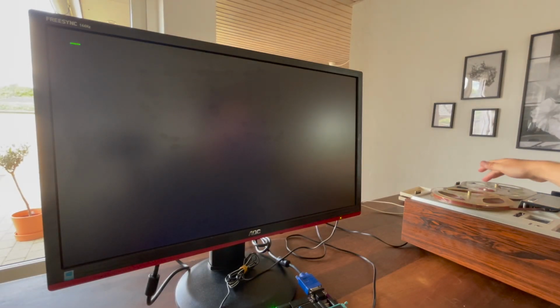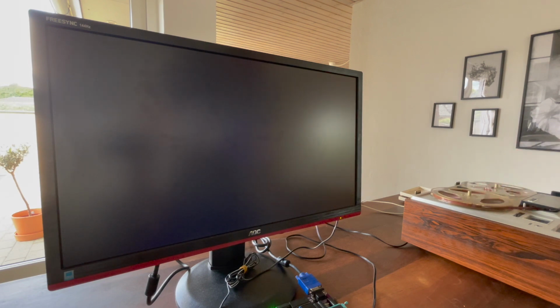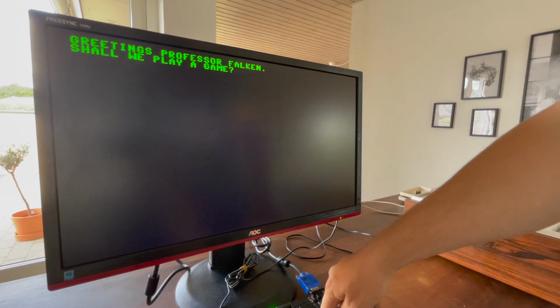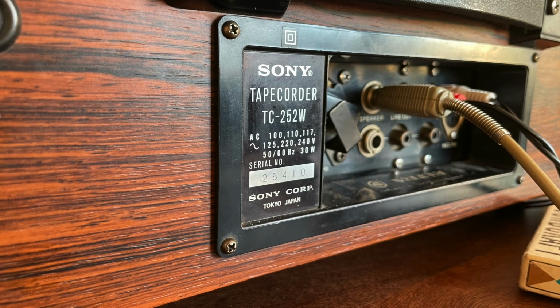I'm honestly not completely sure what came first, if I wanted to save data to tape and that made me fix up the tape deck, or that I needed a good enough reason to fix it and saving data was just my excuse. Either way, it was a lot of frustration, but also a lot of fun, and at least now it's saved from going into the trash.